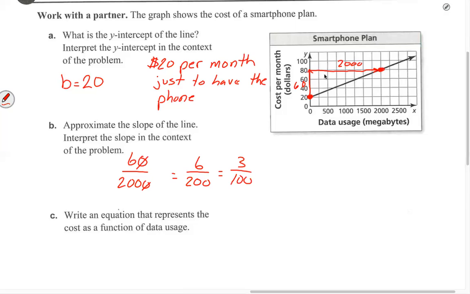What are our axes? So the y-axis is dollars, right? Where are you getting cents? What are we measuring in? Dollars. So Neve is saying $3 for every